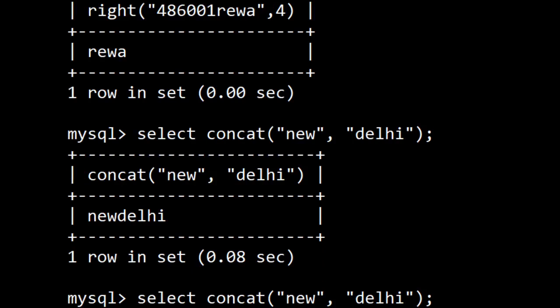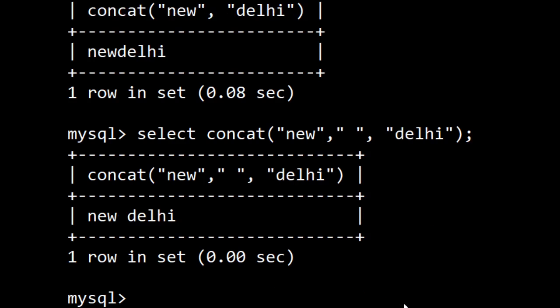Now what if you want a space? Students, we require to add a space also if we want the second word to come only after a space. Here, as you can see, new comma, one space, comma Delhi, and after executing this I am getting a space in between. Let us come back to our slide and see some more string functions.